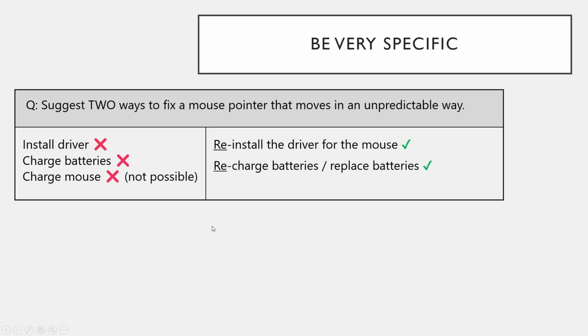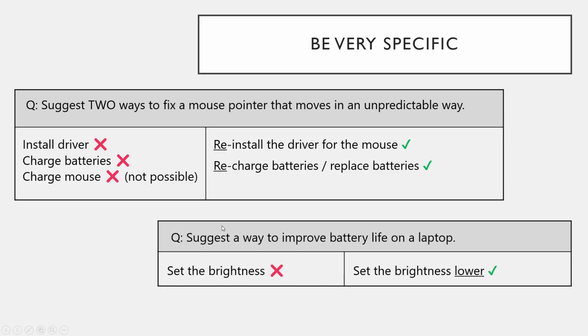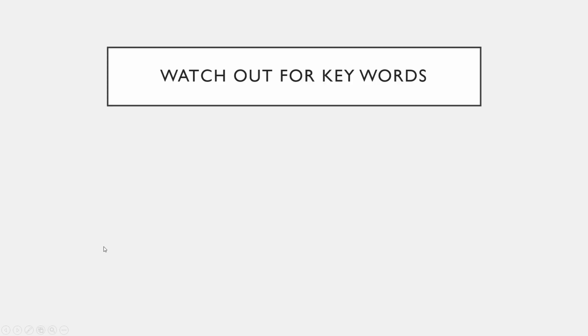Here's another one. Suggest 2 ways to fix a mouse pointer that moves in an unpredictable way. Install driver, change batteries, charge mouse. No. Reinstall the driver for the mouse. Recharge the batteries or replace the batteries. Okay? Do you see? Simple changes. Here's another one. Suggest a way to improve battery life on a laptop. You can set the brightness setting lower. Okay? Just setting the brightness. You're not telling me what about the brightness. Like set the brightness. Okay, so I go to the brightness and then what? Okay? And then